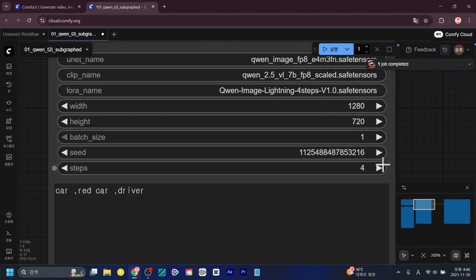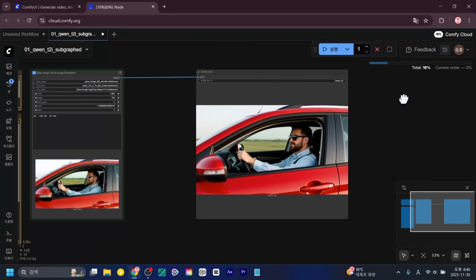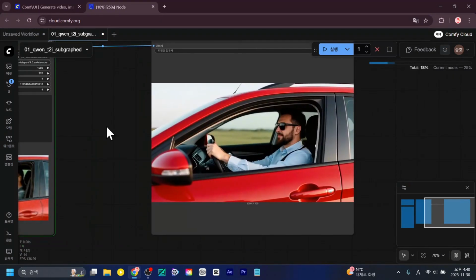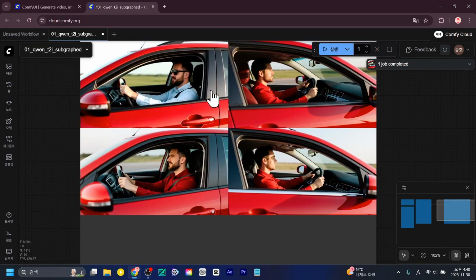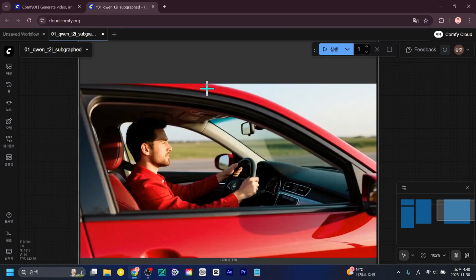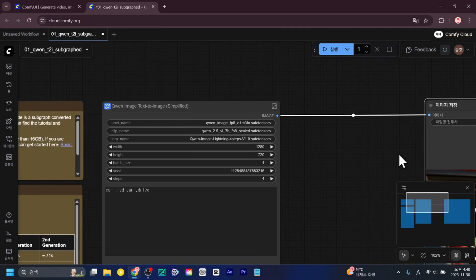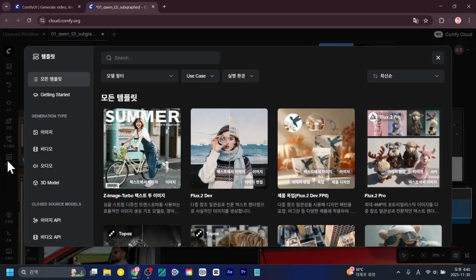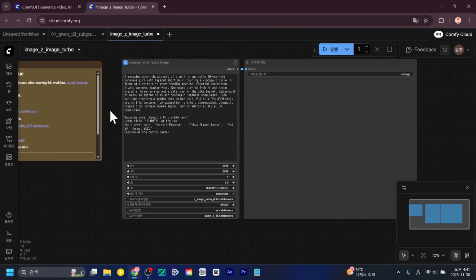Next, since the step is set to 4, the batch size feature lets you generate several images at once like this. If you increase the batch size, you can check multiple images at once with the same prompt. You see? 4 images have been generated, and you can view them by moving your mouse and keyboard. Since there doesn't seem to be a maximum limit like this, it looks like you can generate images freely. Anyway, it seems that the Quan image model works like this, and since we need to look at the API features in this template, I think we can try them out one by one.